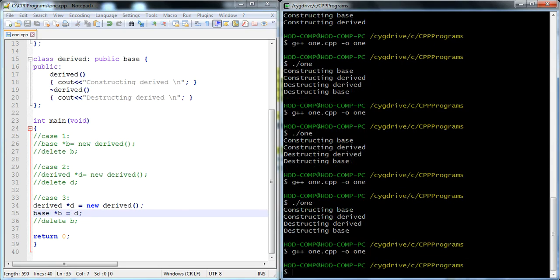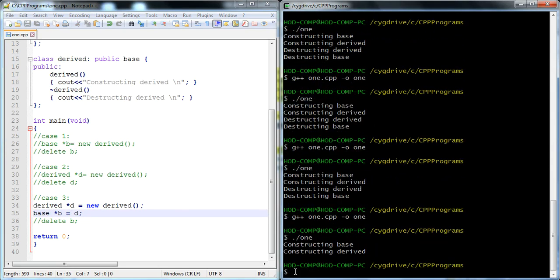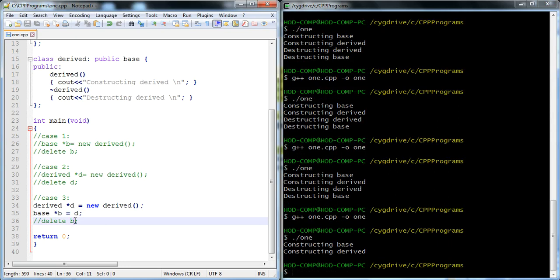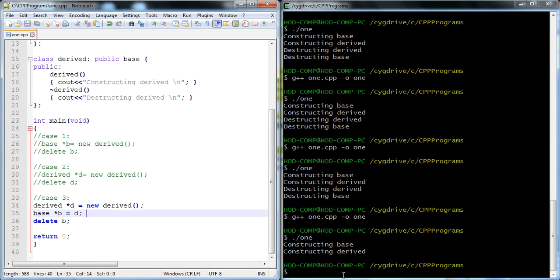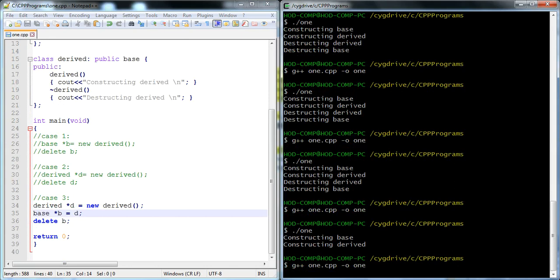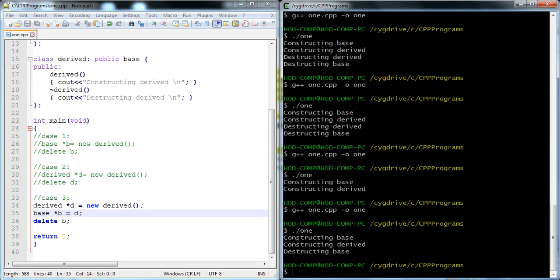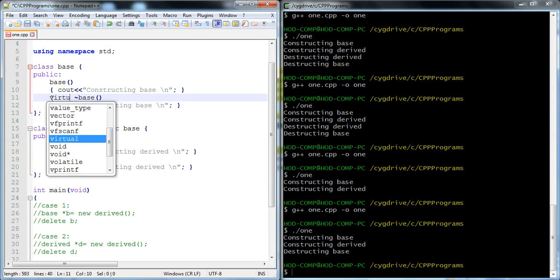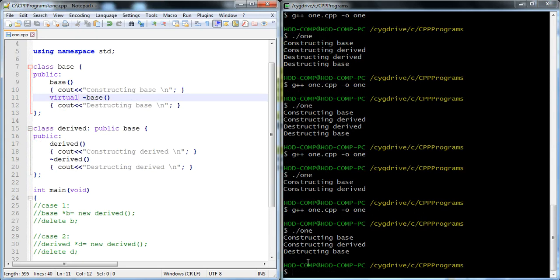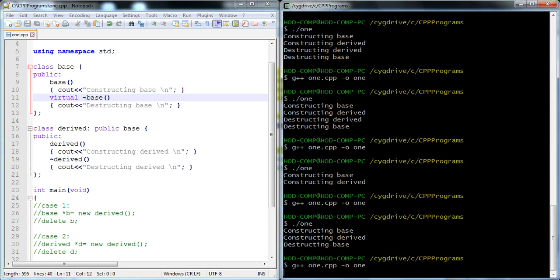That one simply shows the output as only calling the constructors, right? Because we did not delete the base class pointer. When we delete the base class pointer and it does not have a virtual destructor, then it does not call the derived class destructor. Why? Because it is not showing the relation between the destructor of the derived class and the destructor of the base class. When we mention virtual, then it calls the destructor of the derived class also. That is the actual concept.